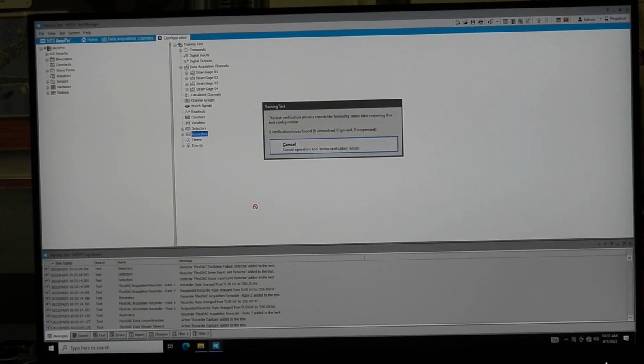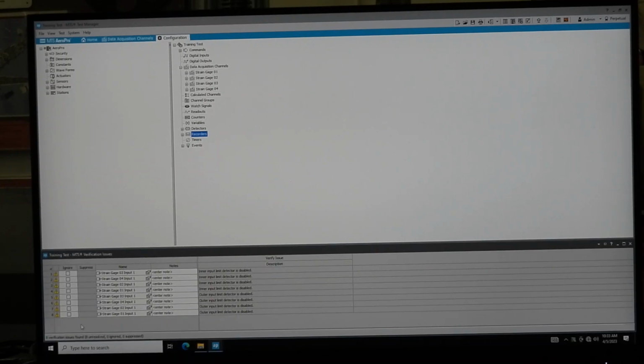It's going to yell at me based on all my issues. So it does a verification, and it won't let me load. So I have to select cancel. It says 8 unresolved, and it'll show me the issues that I have down here. Right now, the inner input limit detector is disabled. Outer, yeah, all the input limit detector ones are disabled. So certain errors you'll be able to ignore and suppress. Certain errors you won't. It's based on the level of the error. I think this is a warning. For some of them, you should be able to ignore. So these, in this case, we